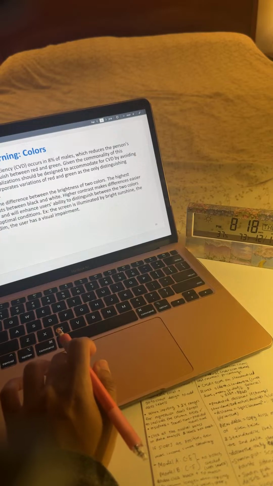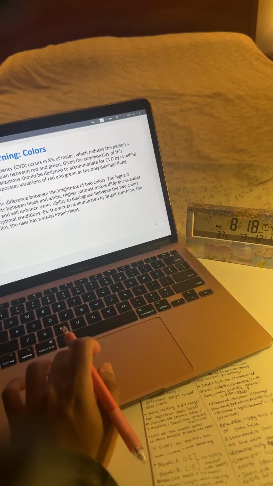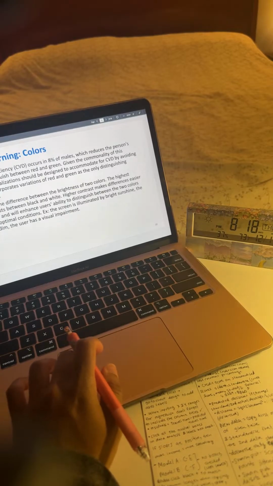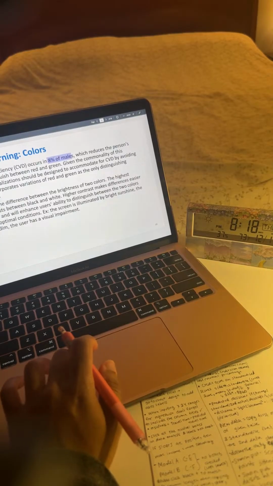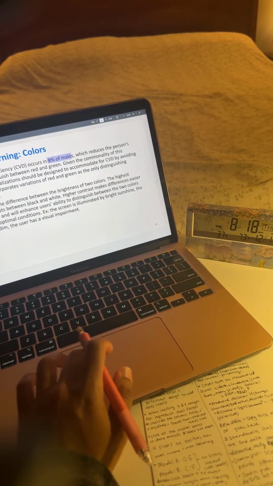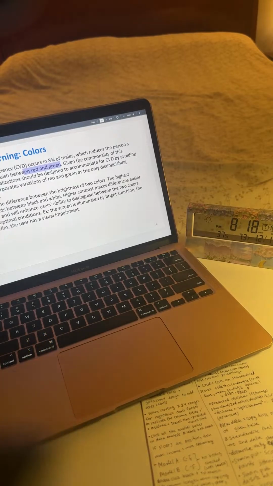Colors. So they should contrast. If they're too similar, then it's not good. Color vision deficiency, CVD, occurs in 8% of males. Wow. I don't know why that is the case, but that does reduce the person's ability to distinguish between red and green. So, given the commonality of this deficiency,